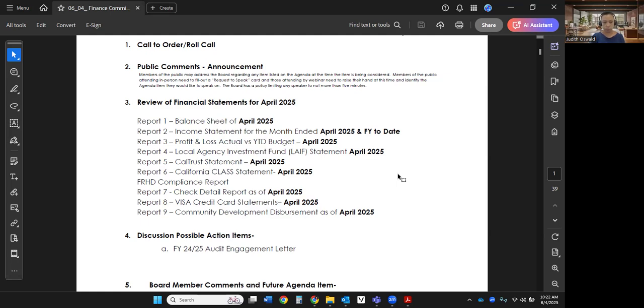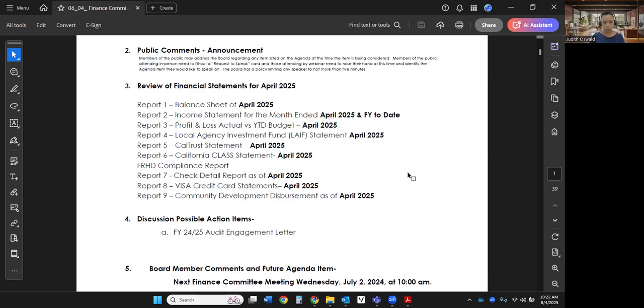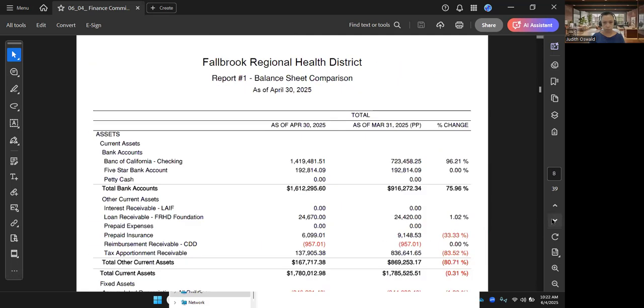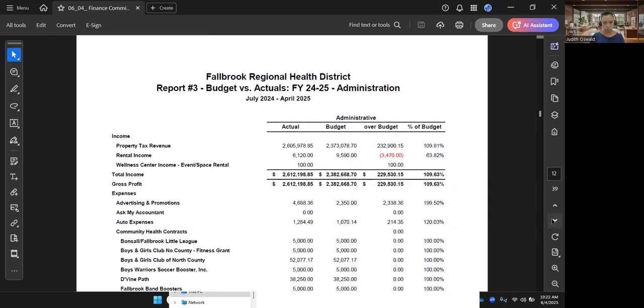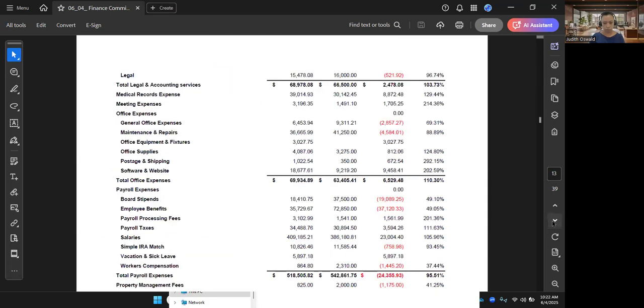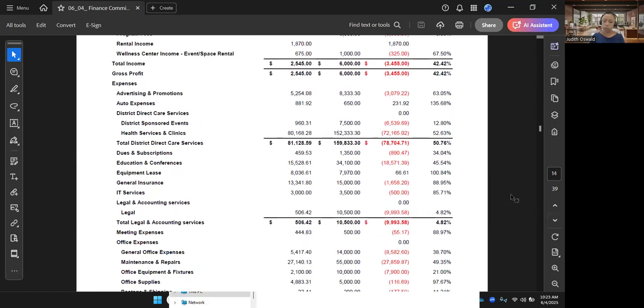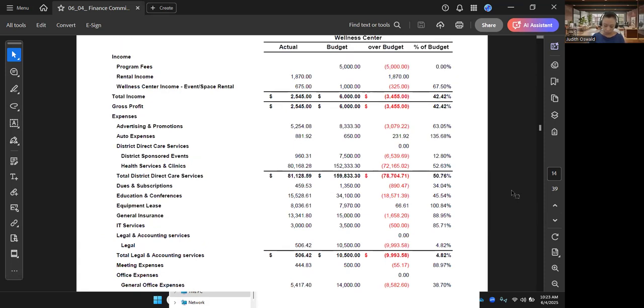So I'll move on to the Wellness Center for report 3, unless you have any other questions on that one. Okay. For Wellness Center, again, we don't really count their income too much because with the construction, we weren't really renting out the main building. So total income was $2,554. We had budgeted 6,000, not knowing obviously when buildings would be open and or usage. Actual expenses amounted to $503,334.76, which was under the projected budget of